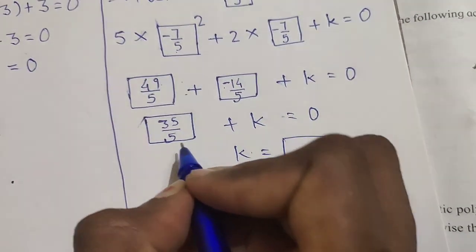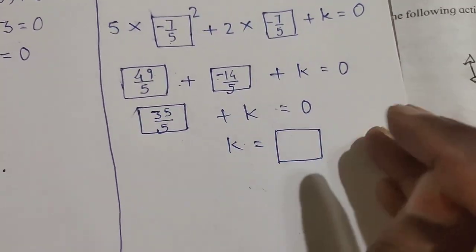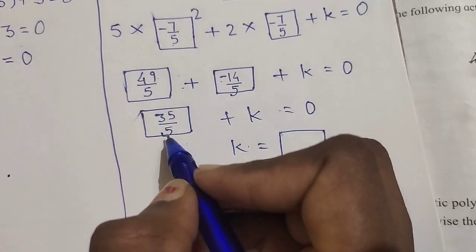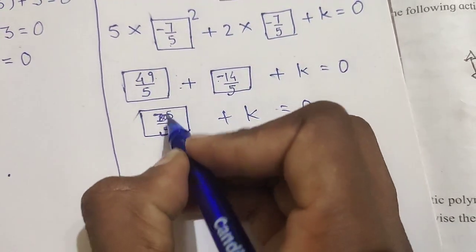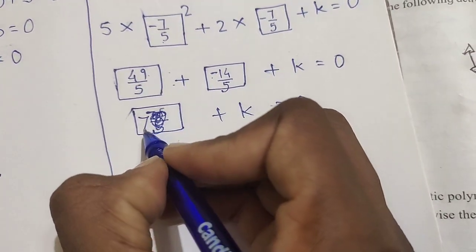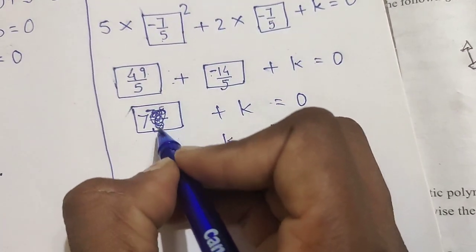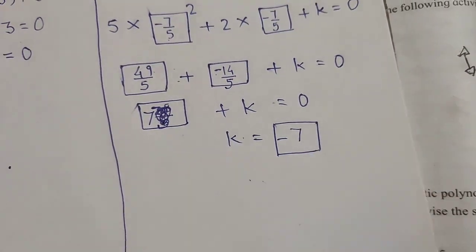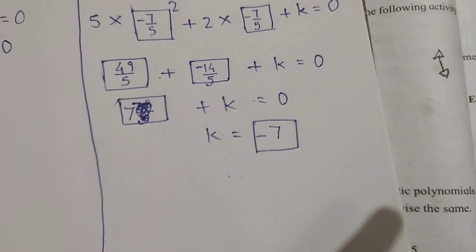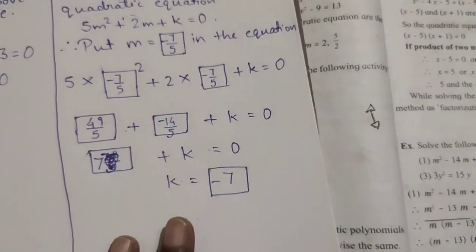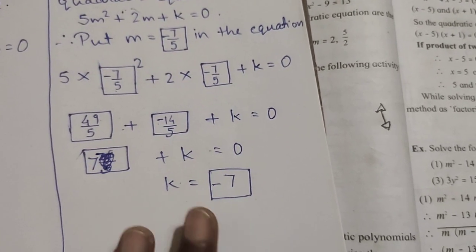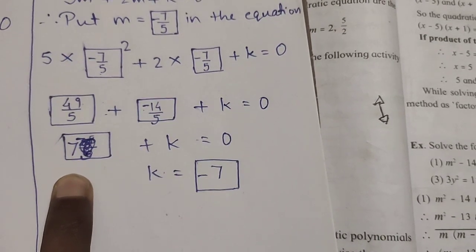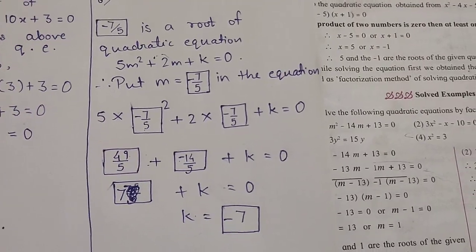See, in this box you have to write the proper answer. Okay, and 35 upon 5 is what? 7. So 5 sevens are 35. So finally you are going to write 7 here only. That is the final answer. You have to write the proper final answer. Then what? In the next step, transfer this 7 to the right hand side, so that you are getting minus 7. So students, if you want, you can do your intermediate steps in rough, and then finally you have to write your final answer only. Okay, so students, understood this question?